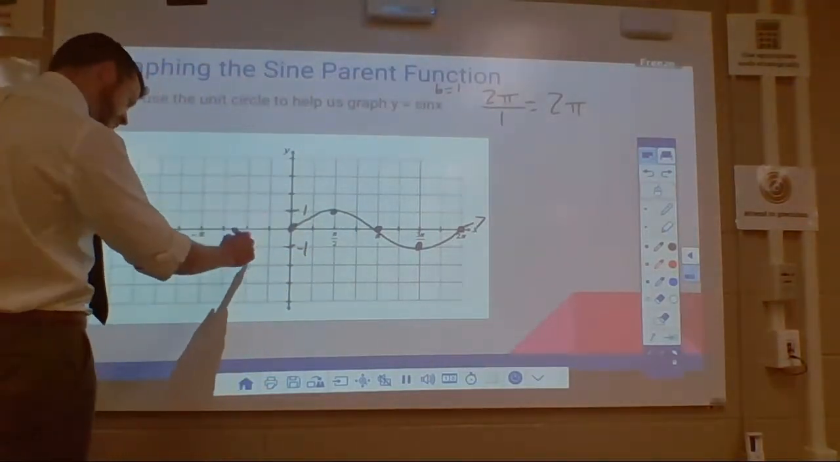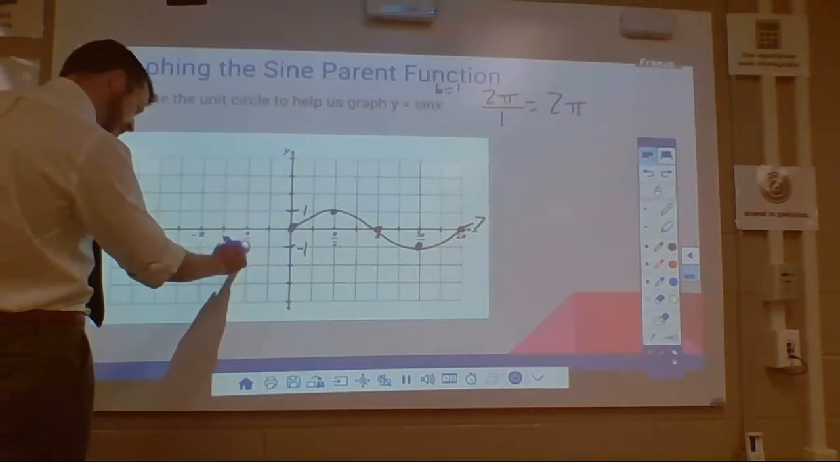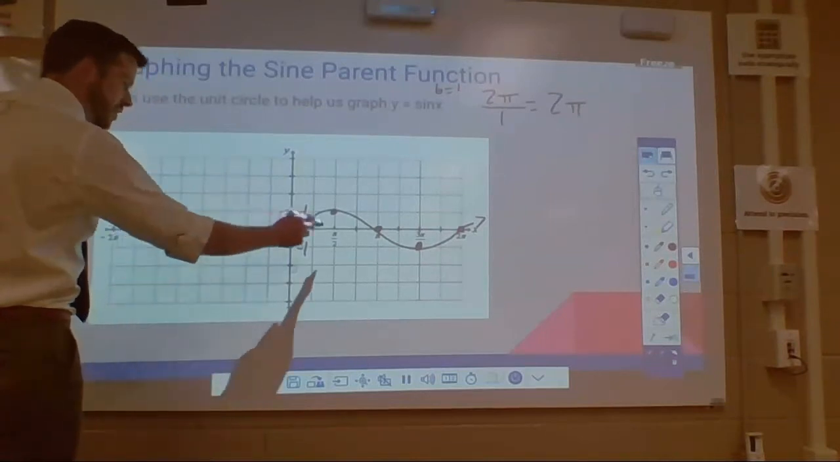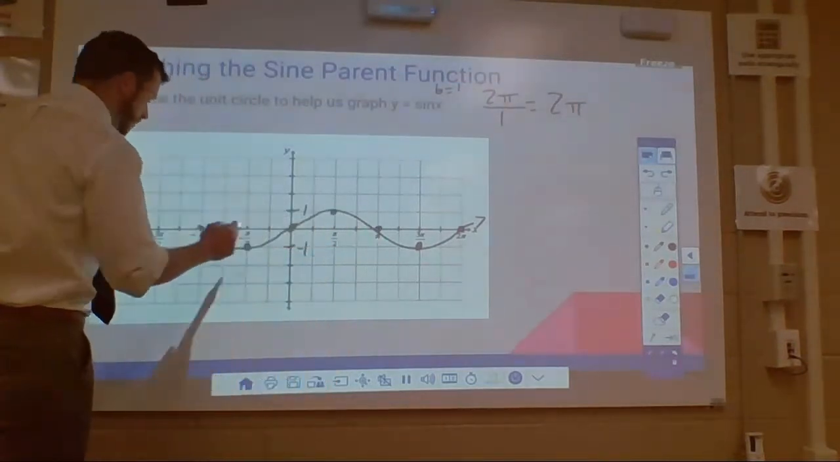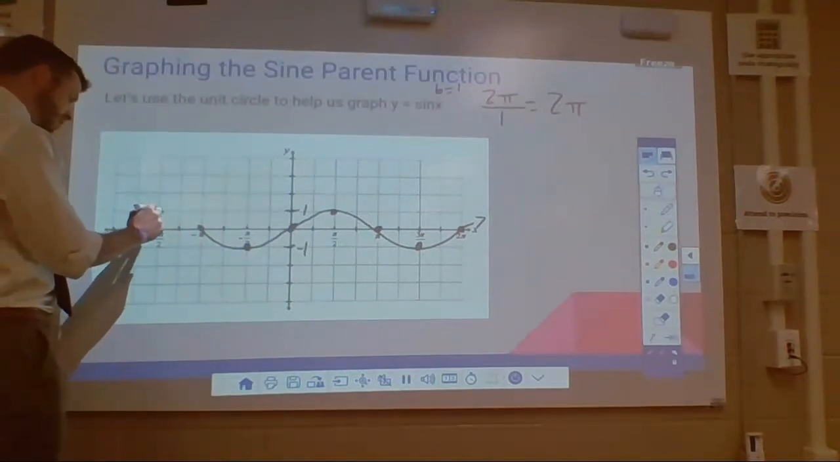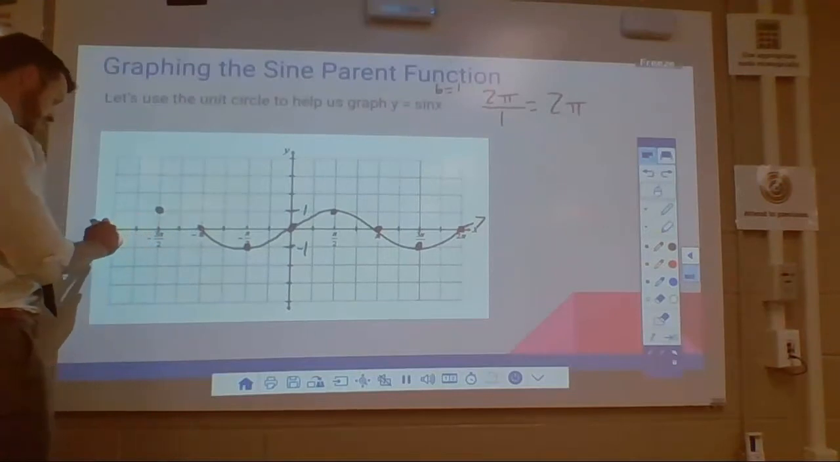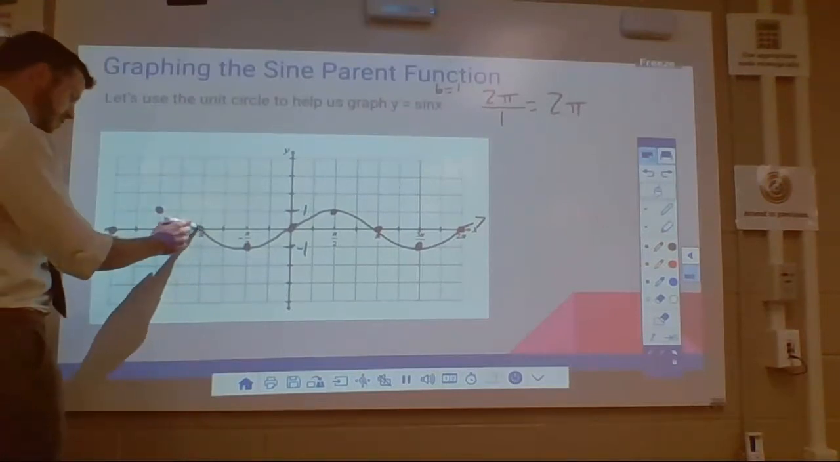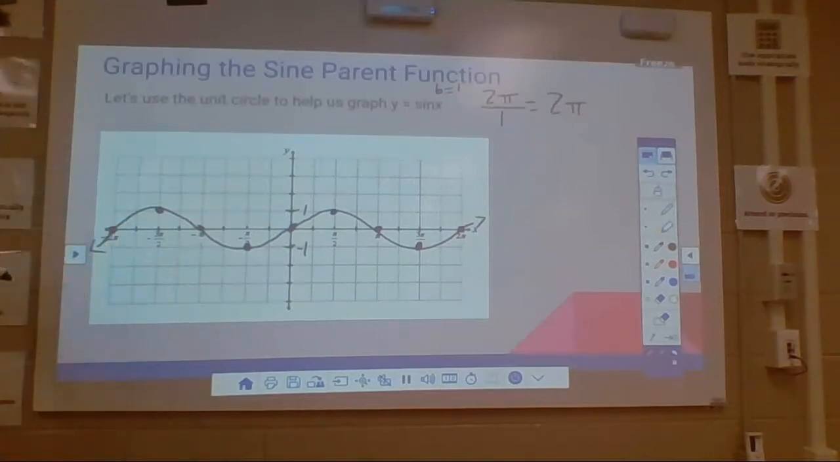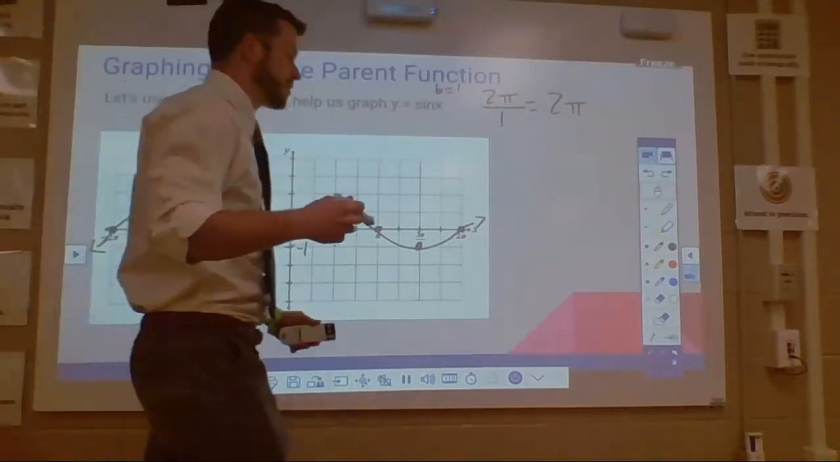Then you're going to have at negative pi over 2 a minimum here, and then it's going to come back up at negative pi, just like it went through here at pi. And then we're going to have a maximum at negative 3 pi over 2, and then at negative 2 pi, the period is going to end, right? So there we go. Here's the graph of the parent function of y equals sine x, the parent function of